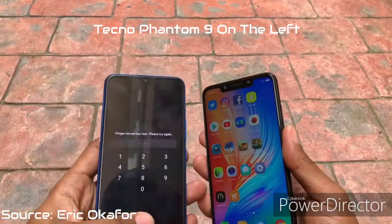It's not an in-display fingerprint reader, but then I don't think anyone would be expecting that for just about 80,000. Oh, okay. Forget I even said that. But then this fingerprint reader is blazingly fast. I'm not even joking. Like, I had to actually look at this again and again to actually be sure. And it is very, very fast. Let me just move away from that for now, and let me actually talk about those